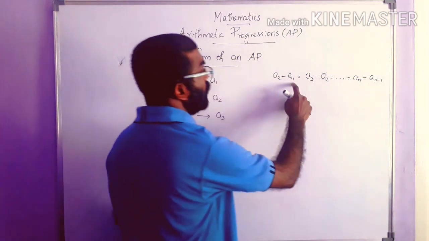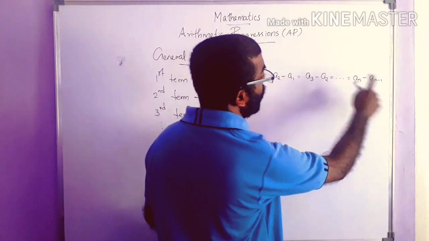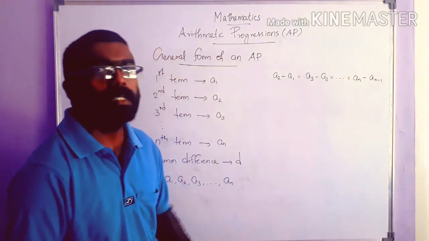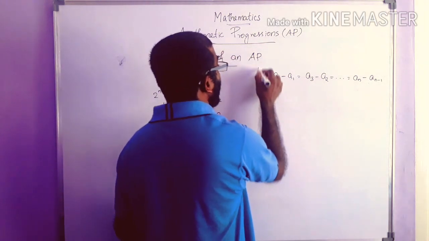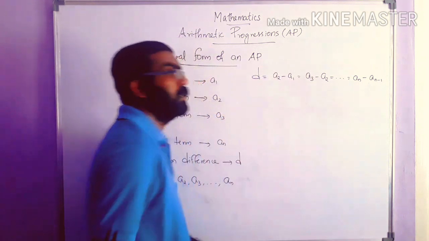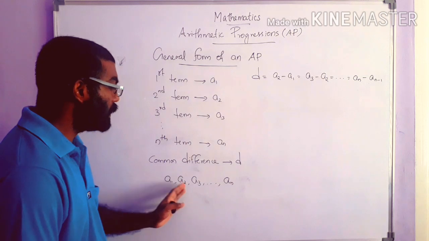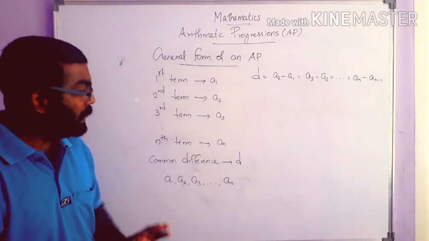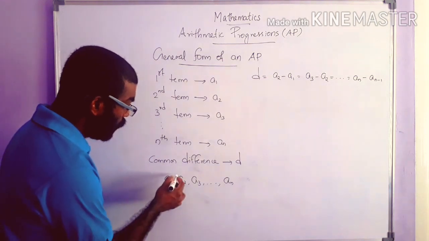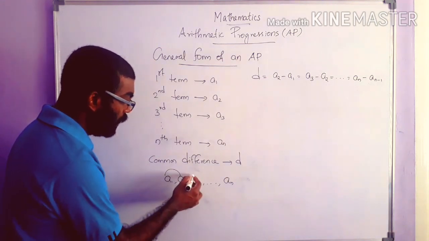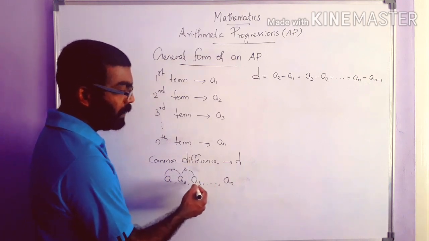We can denote it by d, the common difference. The difference is common. If we subtract any term from its succeeding term, we get the same number. That is what is called the common difference. That is a2 minus a1, a3 minus a2, a4 minus a3,